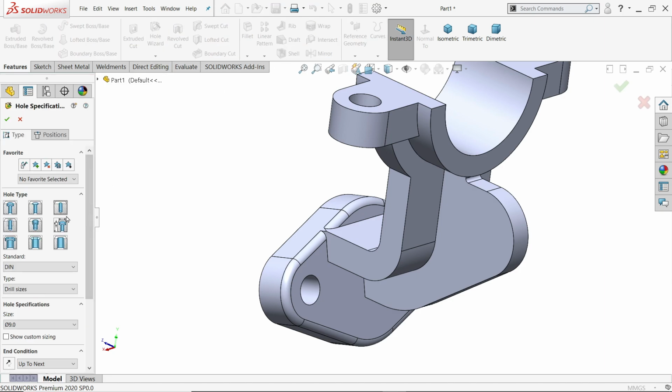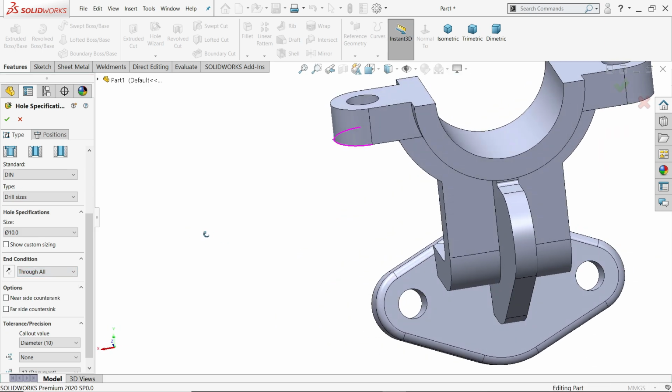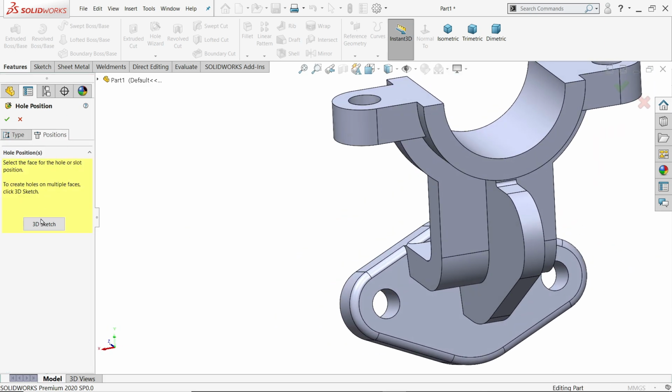Hole Wizard, click here hole, DIN standard, drill size, and here the diameter 10, and end condition: how long we need to cut. So I'll choose Up to Next, even though I can choose Through All, because I'll show you position.